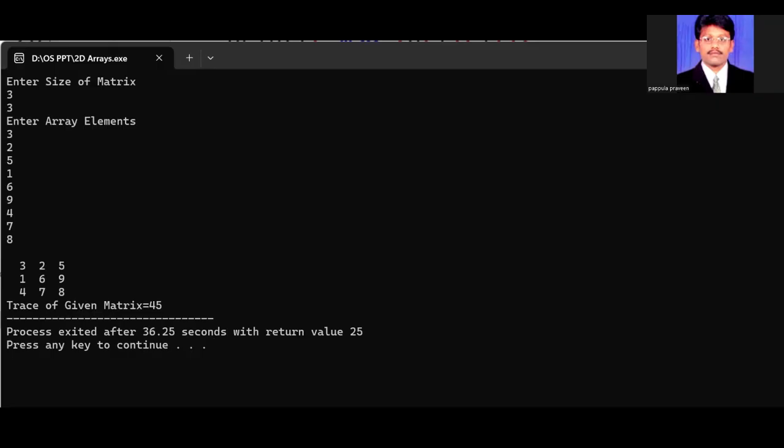This is not correct. Okay, now this matrix, what is the diagonal we have? 3, 6, 8. So output is 8 plus 6, 14. 14 plus 3, 17. 17 is the output. But the value is 45. It is absolutely wrong. That's why we have to change